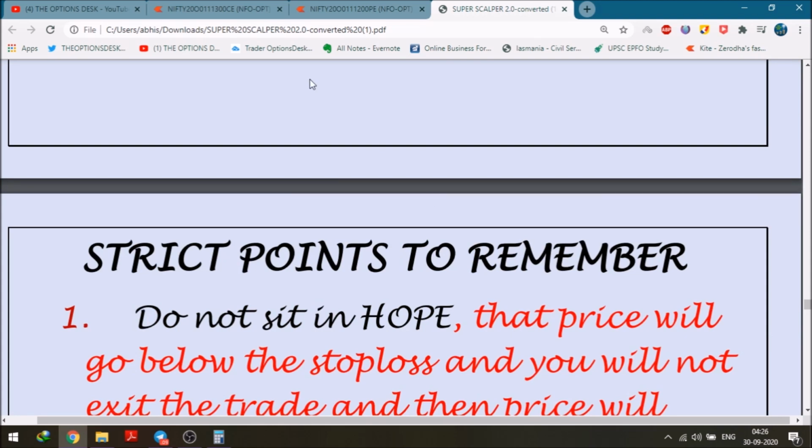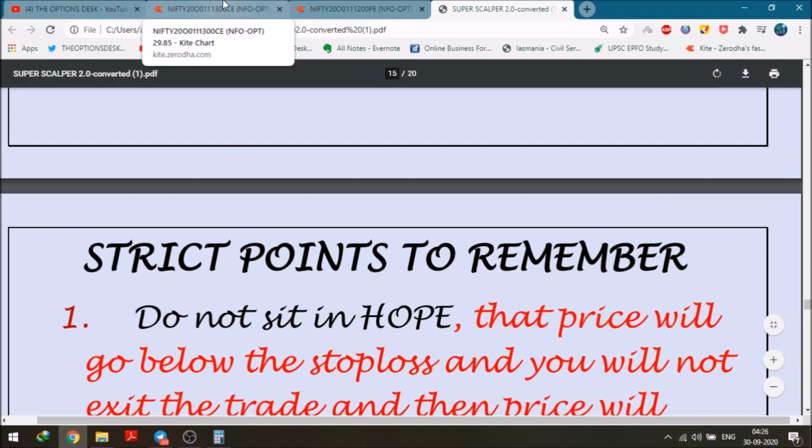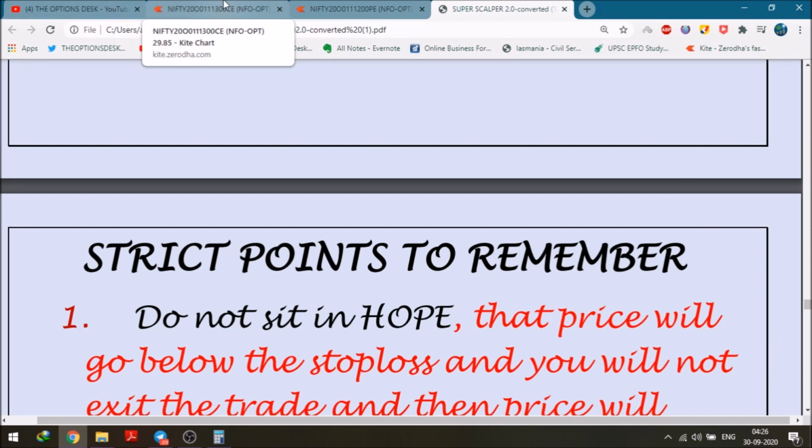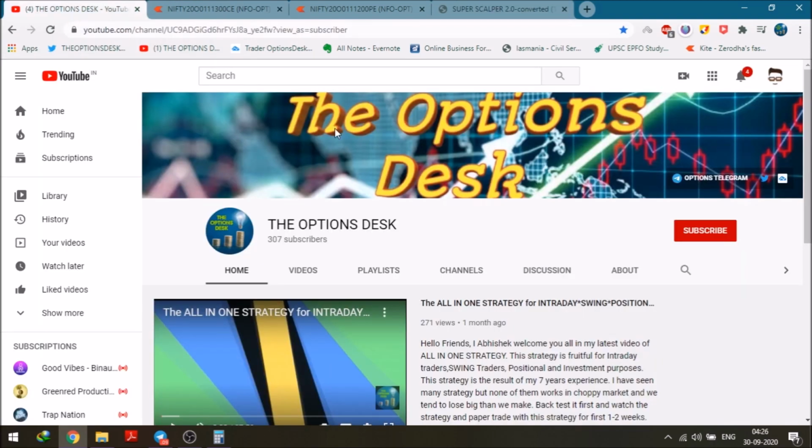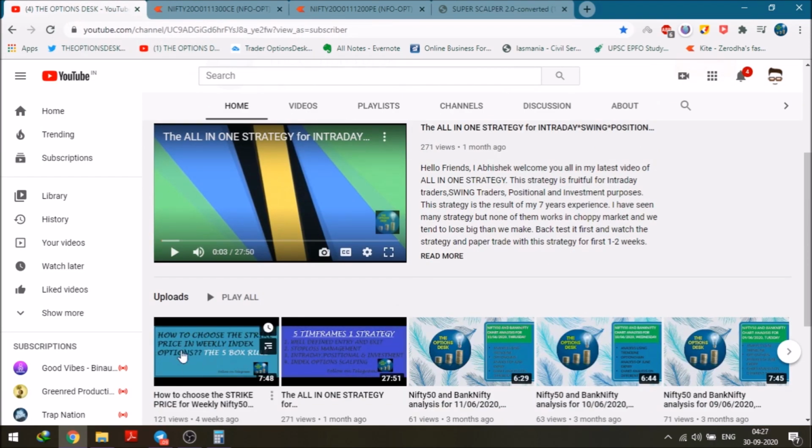Thank you. And yes, I have a better method to choose the strike price for Nifty 50 and Bank Nifty. If you still don't know how to choose the strike price, first follow this 5-box rule for 1 or 2 weeks. After 1 or 2 weeks, I will share a new and much easier method, and you will just see the magic. It will be a really magic method, I would say, to choose a strike price for Nifty 50 and Bank Nifty options.